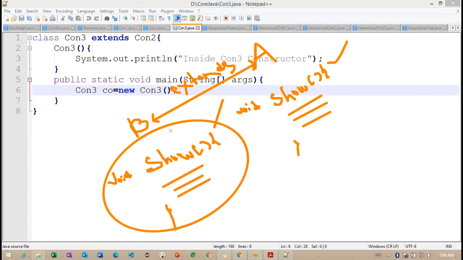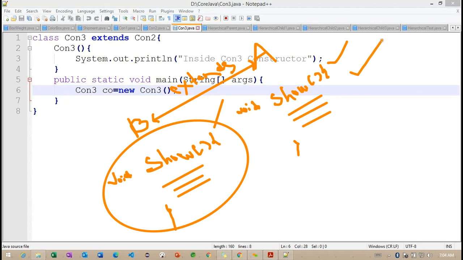When a method in the subclass has the same name and the same signature, whatever method we declared in the superclass has to follow the same signature in the subclass, then the subclass method overrides, and the superclass method is hidden. It's not overridden.